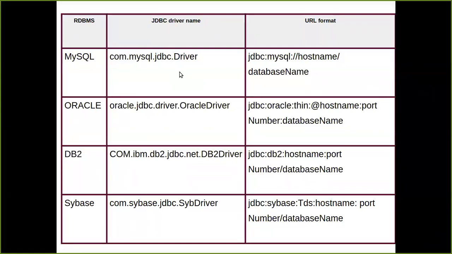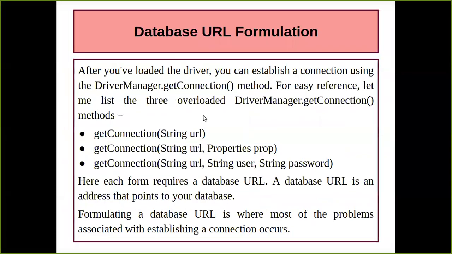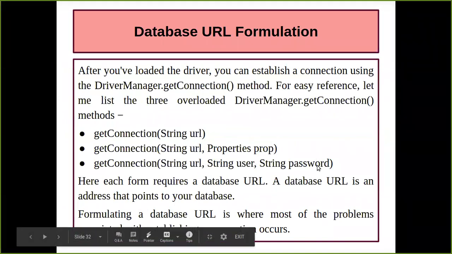Now, what is the next step? We have completed three steps, so we are into the fourth step, that is your database URL formation, where I'm going to have the main connection to my database. For that connection, we have done the registration already. Now we have to call the URL and the information of the database in my program. What type of information do I have to give in the parameter? If you remember, the very first is asking only the URL. Second is asking for URL and properties. Third is asking for URL, username and password.